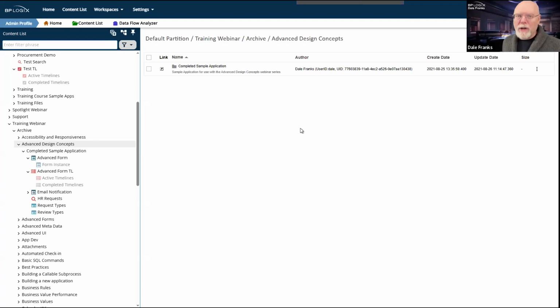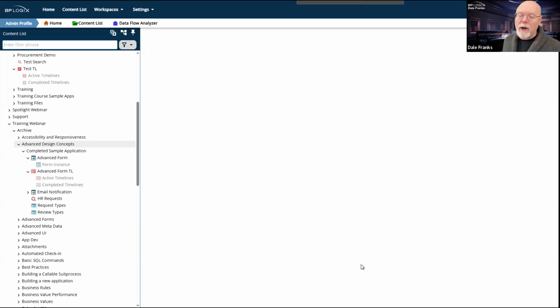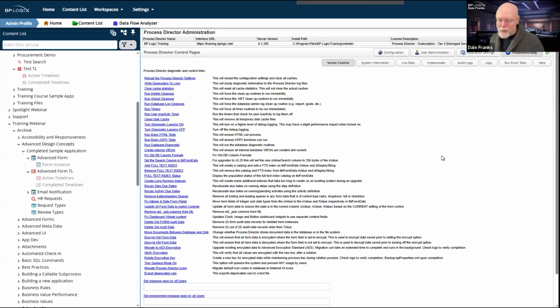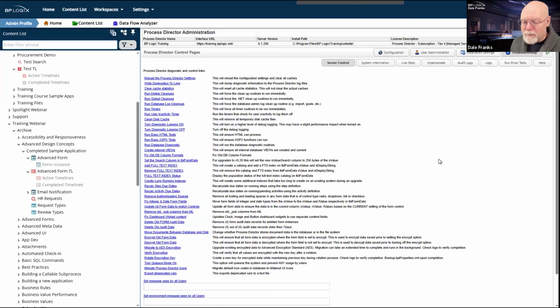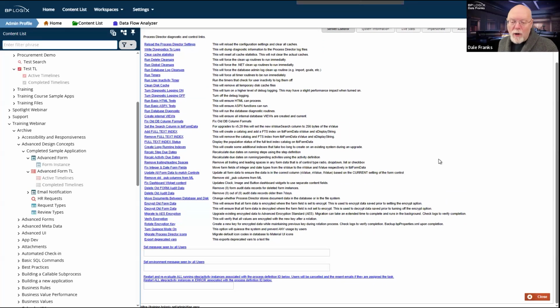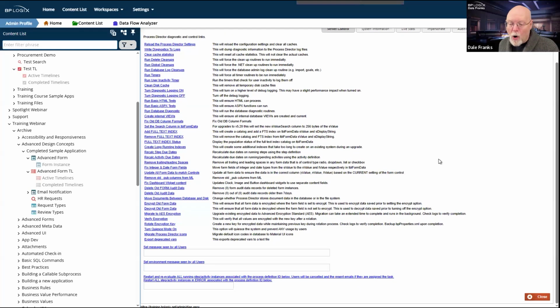When you turn it off, of course, it hides all of this functionality that we've been talking about. The other thing that debug mode does, if we go into troubleshooting and we go to the server control page, there are a lot more links here and a lot more things that we can do here than you'd normally see whenever you open up this page. There are several important diagnostic and control links that are only available to you when you have debug mode turned on.